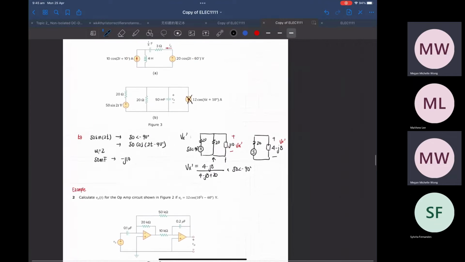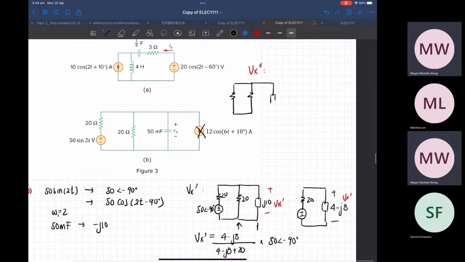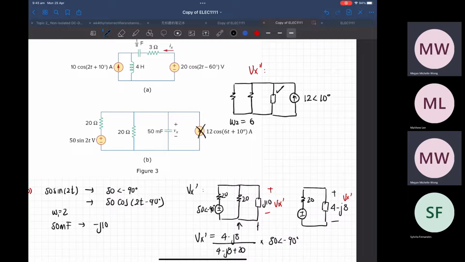Okay, so let's make space for the other one. So say Vx prime prime would be 20, 20. My impedance, and then my current. And in this case, be careful, because this is 12 angle of 10, but actually my omega 2 right now is 6. So you have to recalculate this impedance, and then my new impedance would be,